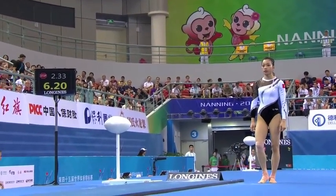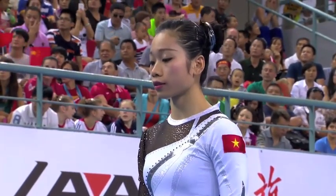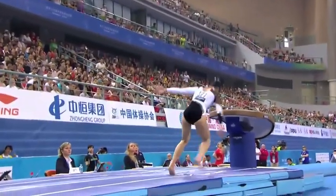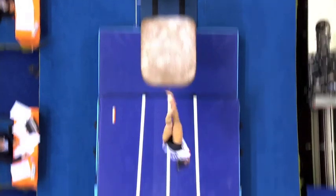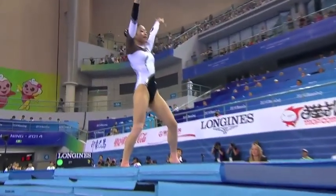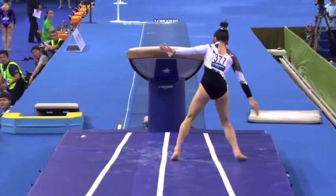But this is the big vault, 6.2 difficulty. Interesting that she opted for the less risky vault. Now, it's her second vault. Runway, handspring, 1.5 twist, much better, but it'll be interesting to see. Handspring, she is nice and straight, but then made quite a pike with a step out as well. If they decide it's a pike front somersault, she showed a goodish amount of straight, but even if they credit it with the 6.3 start value, which they probably will, there's a lot of...